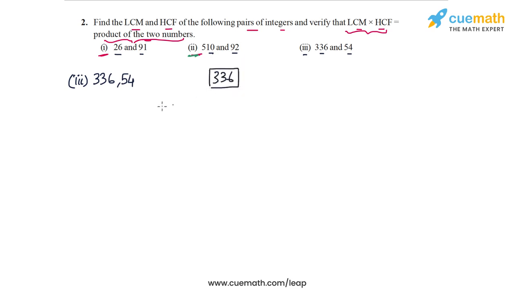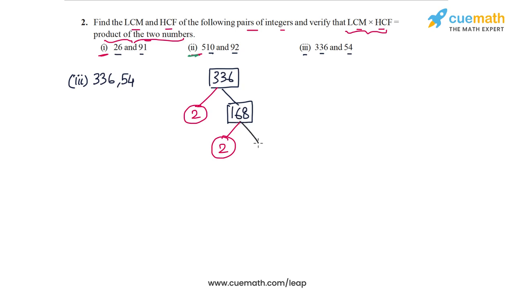Now this number is even, so let's take out a factor of 2, and that will leave us with 168. Now 168 is again a multiple of 2, so let's take out a factor of 2,